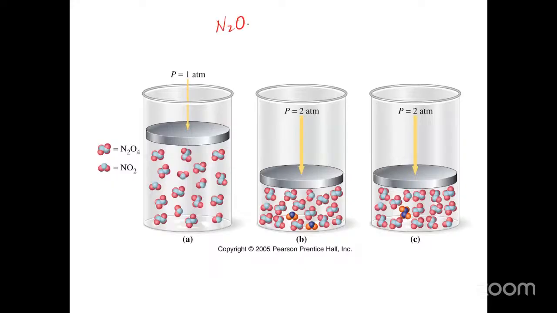Okay, so this is another example. This is the equation for this reaction here. Dinitrogen tetroxide reacting to form 2 moles of nitrogen dioxide, and these are all gases, by the way. This is a gas, that's a gas, right? So basically here we have an equilibrium mixture of both N2O4 and NO2. The pressure here is 1 atmosphere. And then all of a sudden, we double the pressure from 1 atmosphere to 2 atmospheres, right? So the total pressure is increasing.